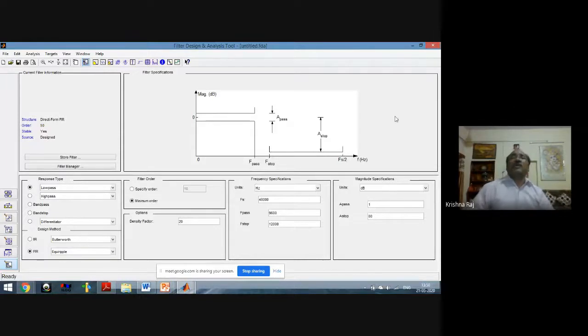Because when we say the ideal filter of this frequency, for example, if we ask any student what is your requirement in a particular subject in terms of the marks, then naturally he or she will be interested in the 100 marks. It is the ideal condition. But due to practical reasons, she or he has to cover the whole syllabus, and perfection is required in order to get the 100 marks.